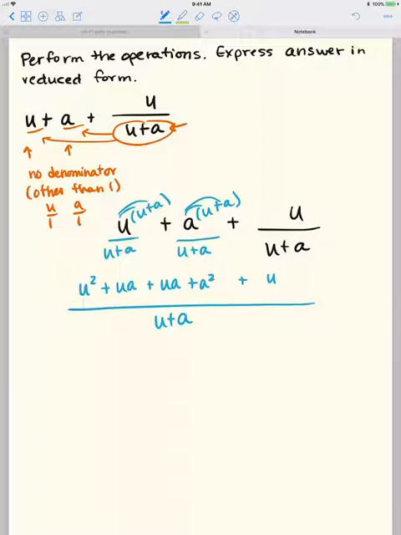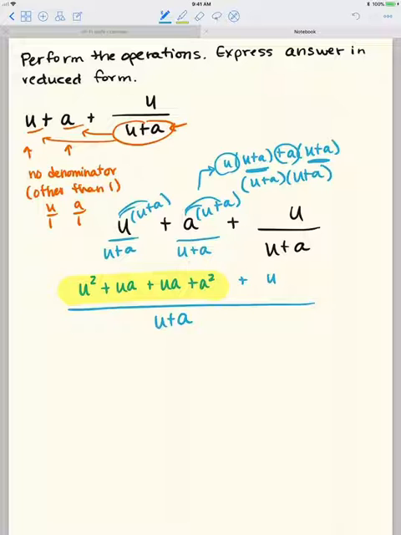Now, when we first did these four terms here, another way that you could have looked at that was you were doing u times u plus a times u plus a, and those in a sense would factor into u plus a that they had in common times another u plus a. So what you'd have up top is u plus a squared, and then plus another u over u plus a, but that's not really going to get you anywhere for this one. I just think that would be sort of like a reduced form factored,